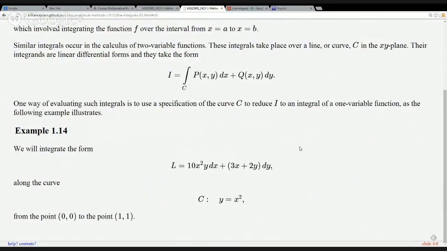But straight away we look at an example. Later, when we're a bit more familiar with these things, we'll look at some applications and different meanings and interpretations that can be given to them. But for now, we'll just look at it as the mathematical idea of integrating the linear differential form along some curve. Okay, so in this example 1.14,